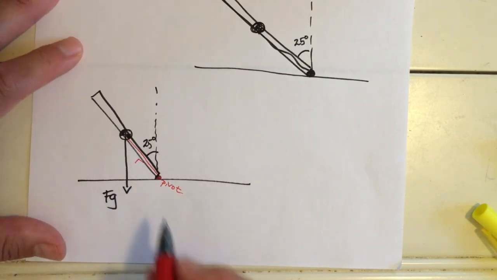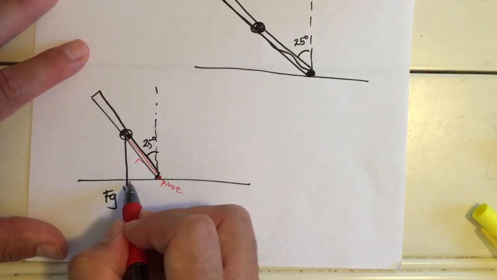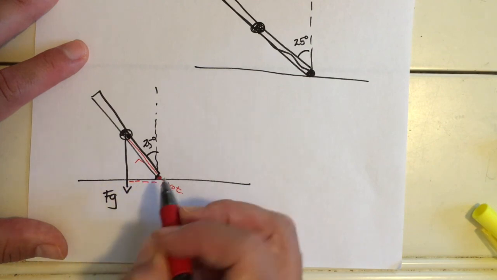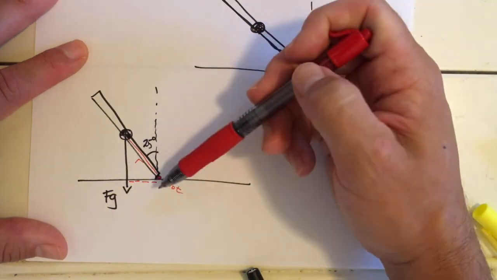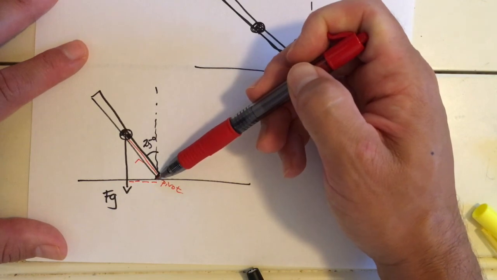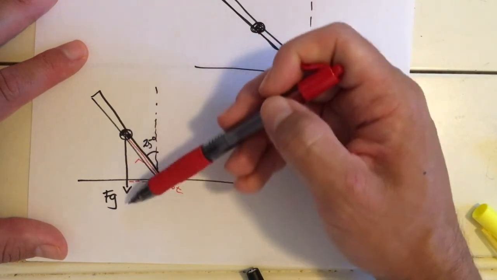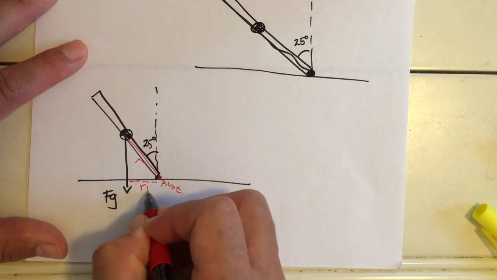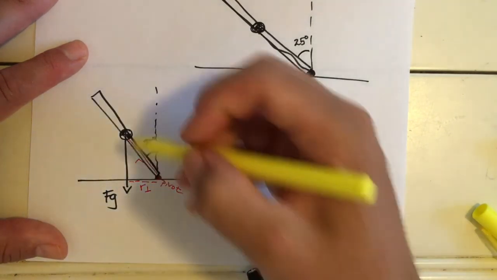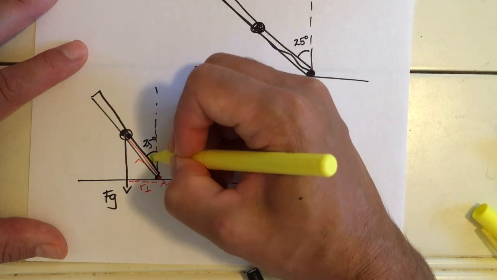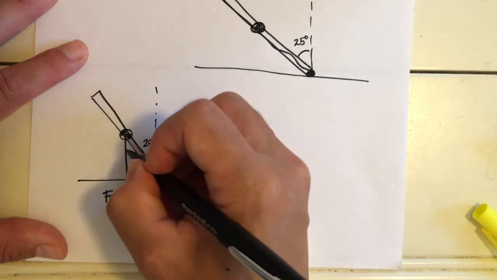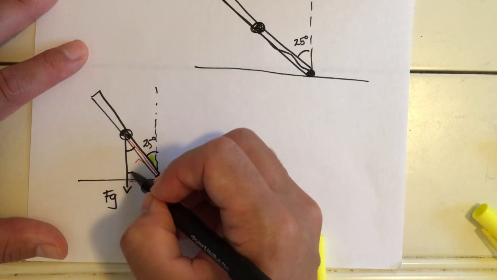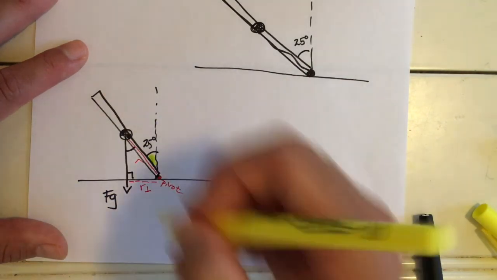I think we can see then that the shortest distance between the pivot and the force line, or the line of action, is R perp. And if this is 25, then this would be 65, this would be 90,